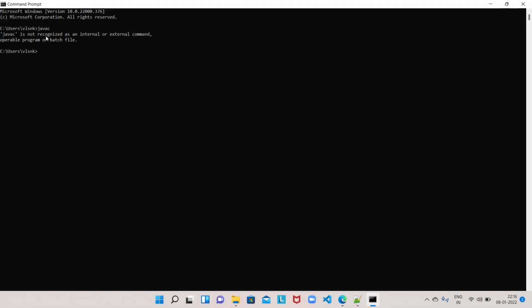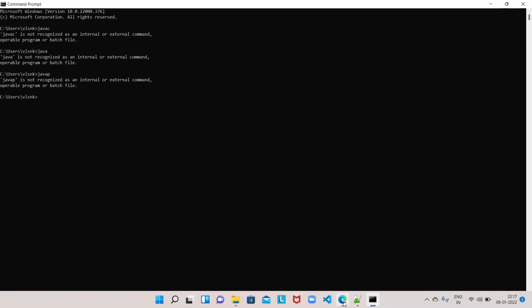But as Java is not installed properly or not at all installed in this machine, we are getting this error message: javac is not recognized as an internal or external command. In the same way, we can try other Java tool executables. All these commands are showing they are not being recognized by your machine. It means that either Java is not installed, or Java is installed but its executable files are not being identified in the machine. So let us start with the installation first.